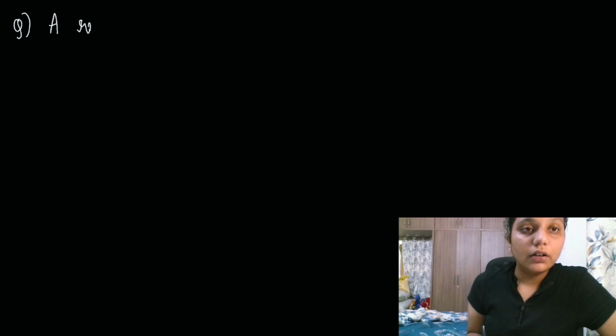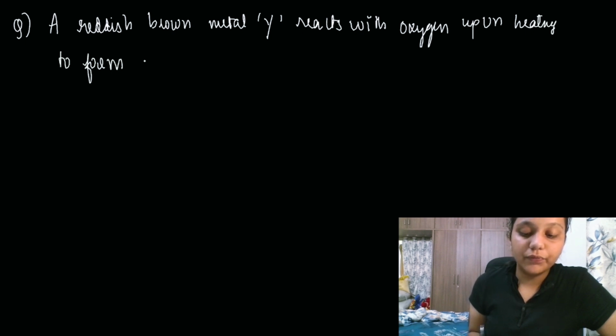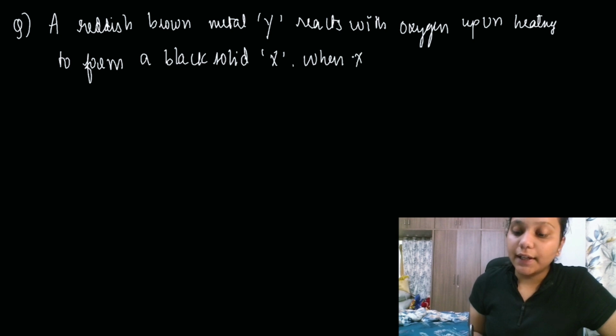A reddish brown metal Y reacts with oxygen upon heating to form a black solid X. When X is heated with hydrogen gas,